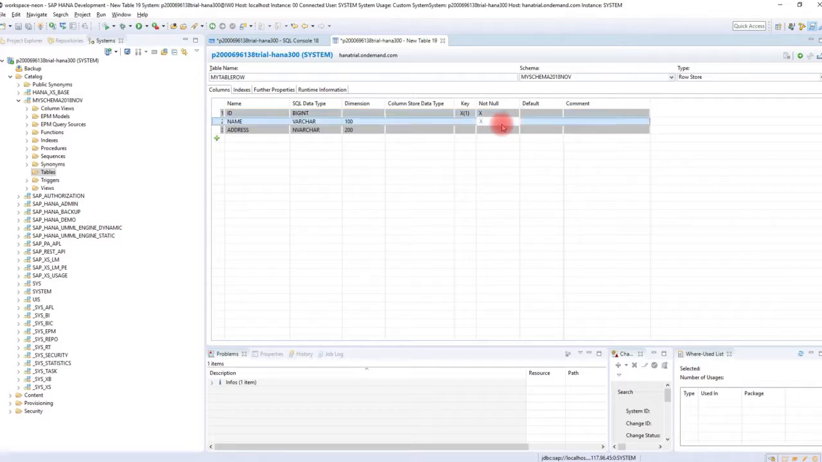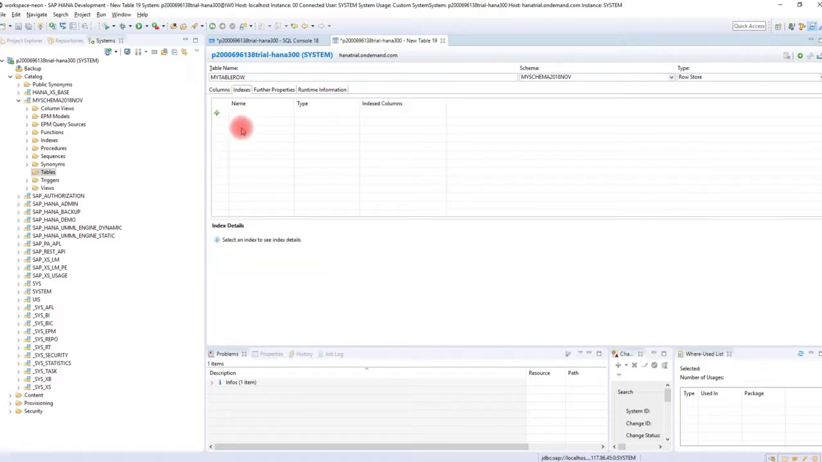So you can keep your name as not null. So this is a table that I'm just going to create, but this is the column structure. Now if you go to indexes, you can create your own index explicitly. Let's say I would like to create an index on name. So if I click on the plus and then put as a name idx_name, just an example,